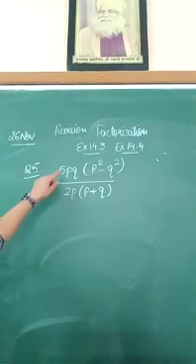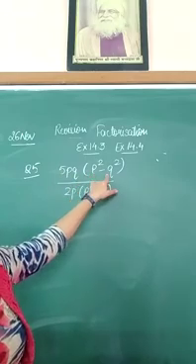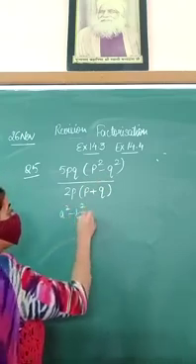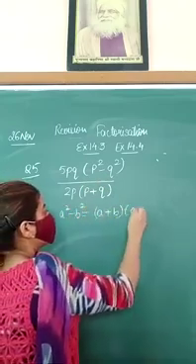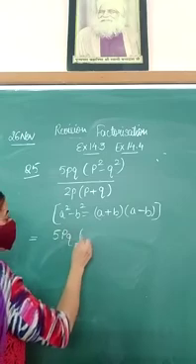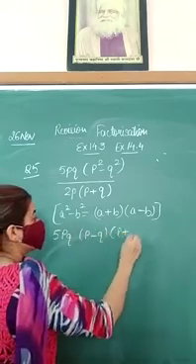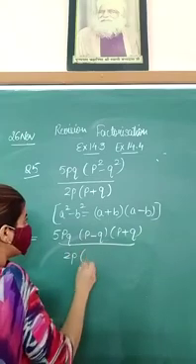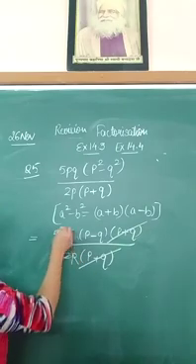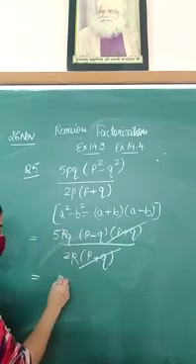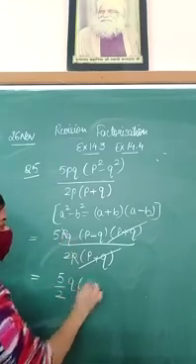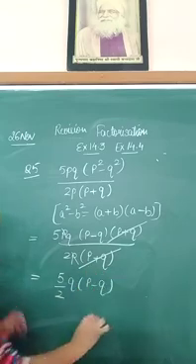Question number 5. In the numerator you have p square minus q square, and if you apply the formula here for a square minus b square, this is a plus b into a minus b. Now let's apply this formula in the numerator. So from here you will get 5p cube, p minus q, p plus q upon 2p, p plus q. So this p plus q and p plus q will cancel out. P will cancel out. These two numbers are prime numbers, they won't be cancelled out. So this is your answer, 5 by 2, and q is pending, and from here this bracket will be left. So this is your complete answer.